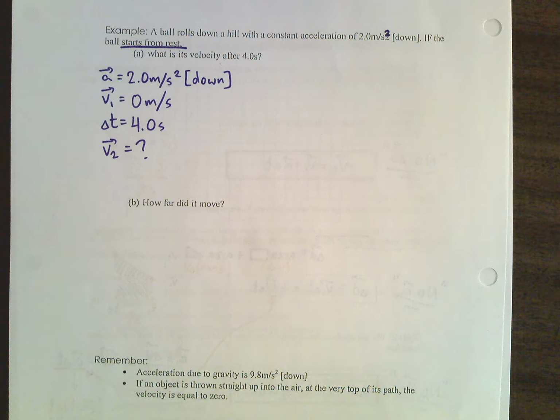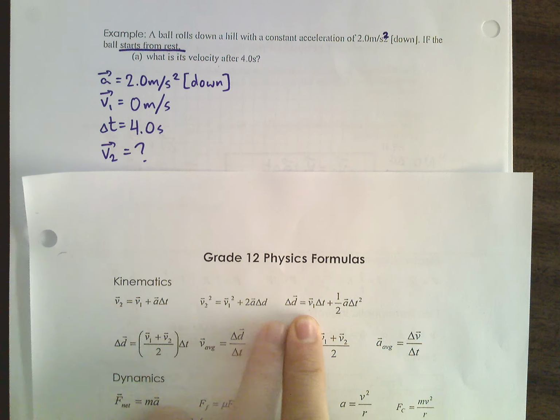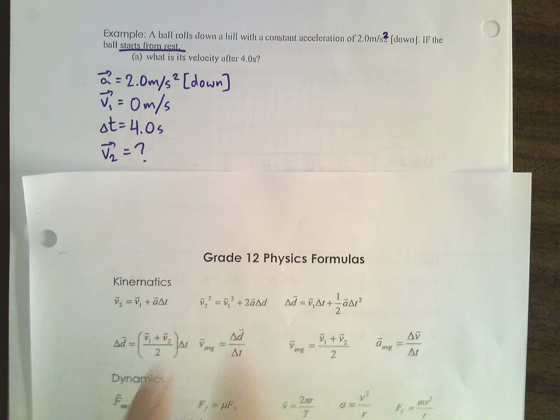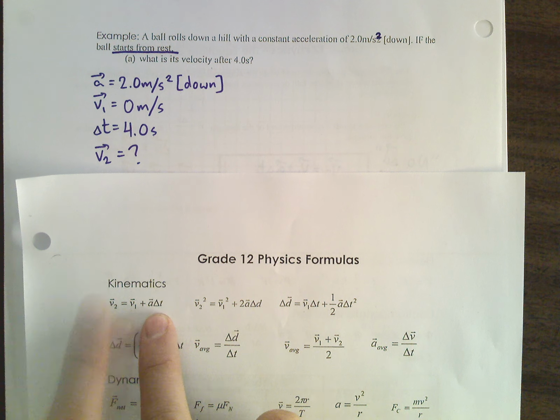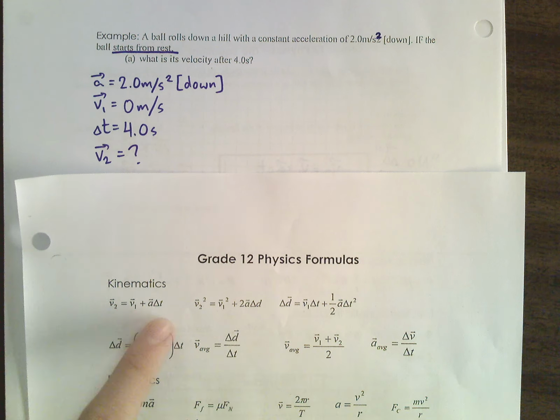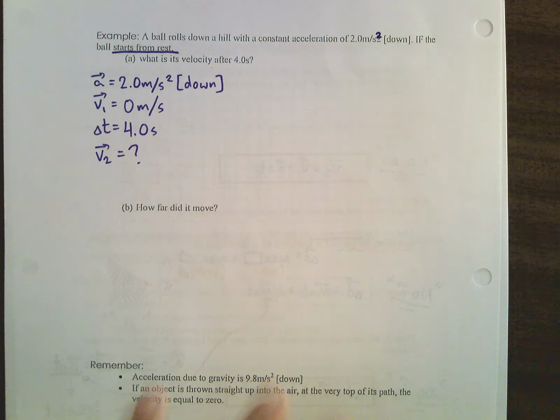So all it's meant to do now, especially at the start here, all you got to do is pick your kinematic formulas here. You should have 3 main ones, and then 4 with that one little iteration we had in the middle, and then pick out which one works best. And in this case, it is our first one. Obviously, we're trying to find V2. We have V1, A, and delta T. So we are going to use